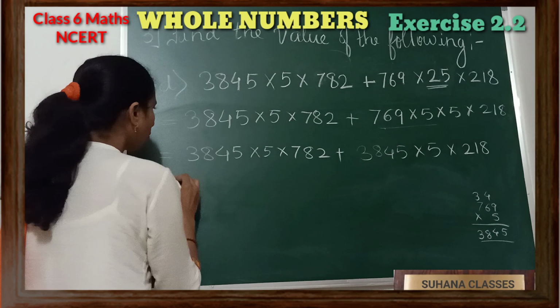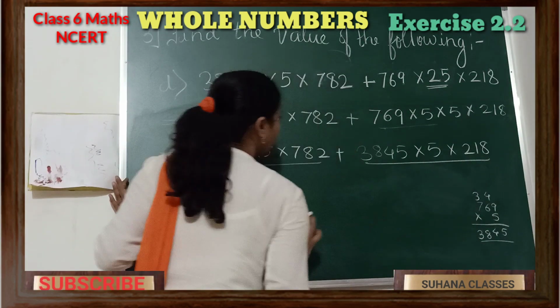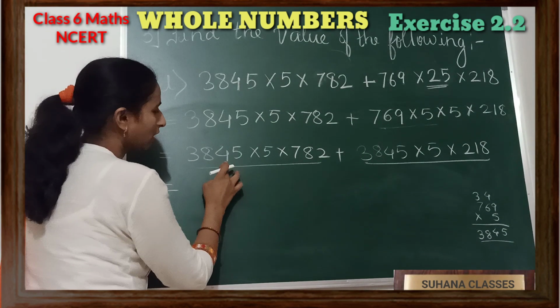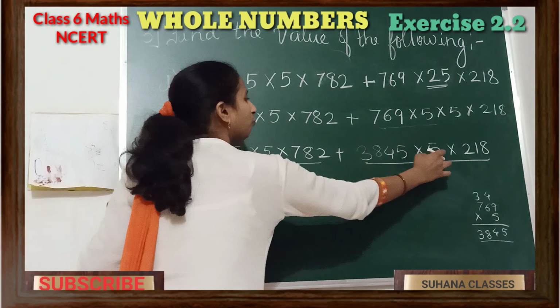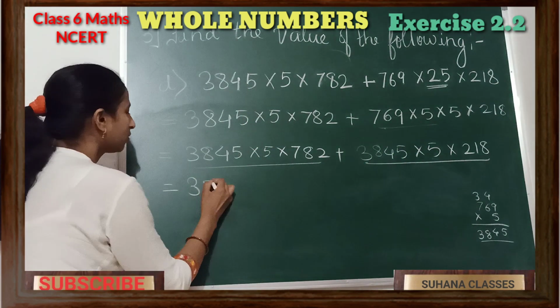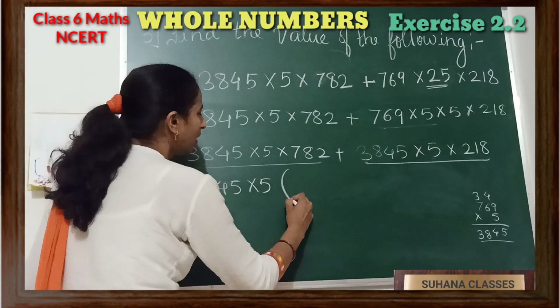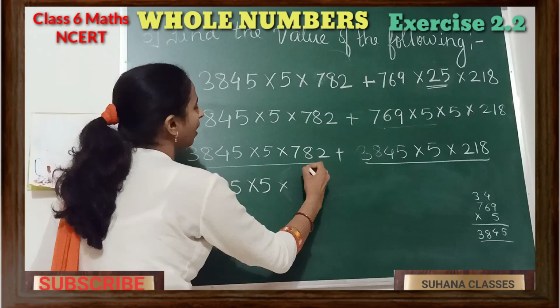So next, in both the groups of numbers, I can see something common in them. 3845 is here also, 3845 is here also. Into 5 here and into 5 here. So what I am going to do here? 3845 into 5, I am going to take it common, and then these are attached with multiplication sign, and then